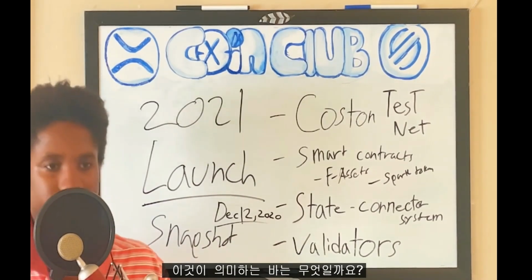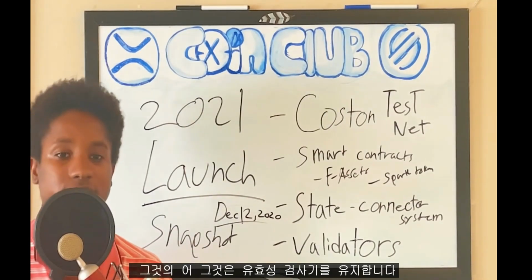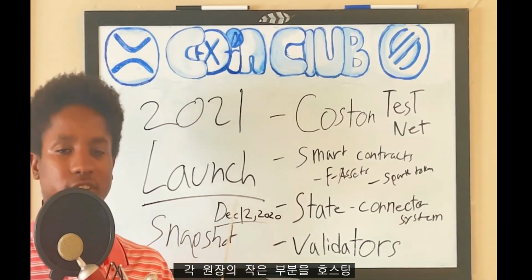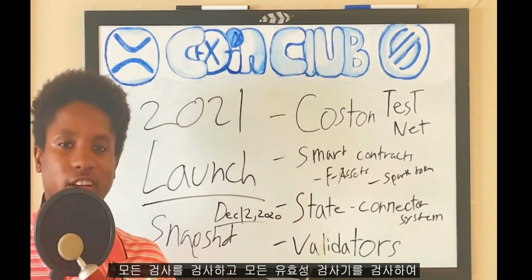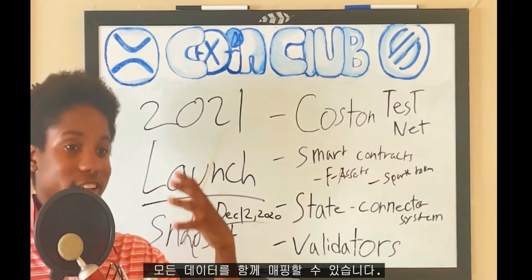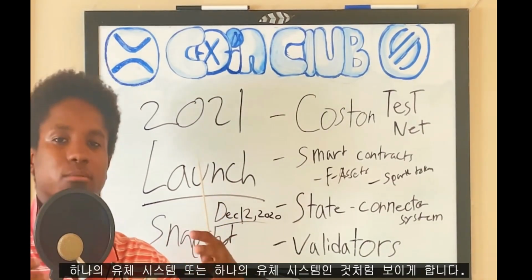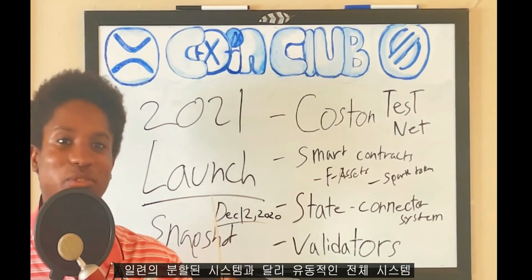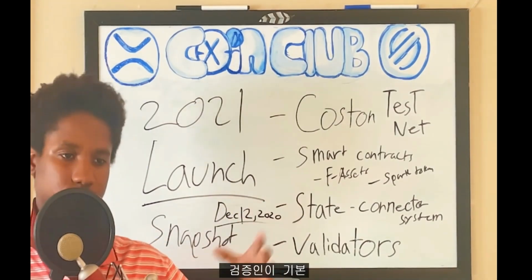Well, Flare has a native algorithm that helps it maintain consensus, and it also maintains its validators by hosting small portions of the ledger on each validator, and then using its consensus algorithm by scanning all the validators and mapping all of that data together. It's the algorithm that's really making it seem like one systematic fluid system, as opposed to a series of segmented systems interoperating with each other.